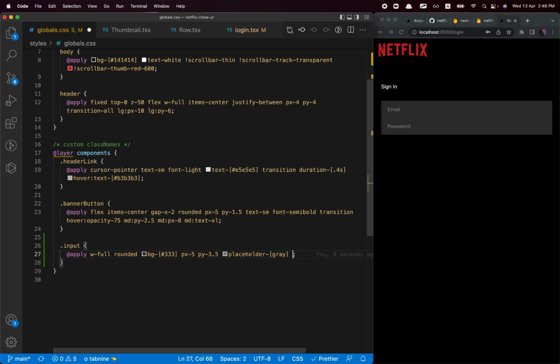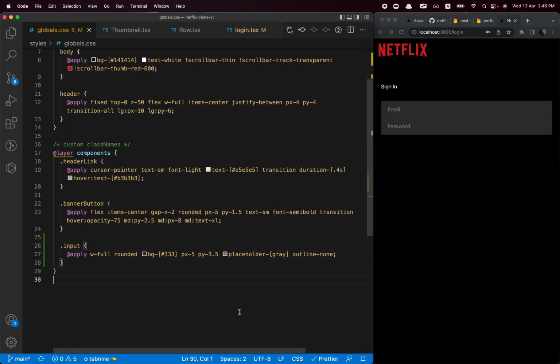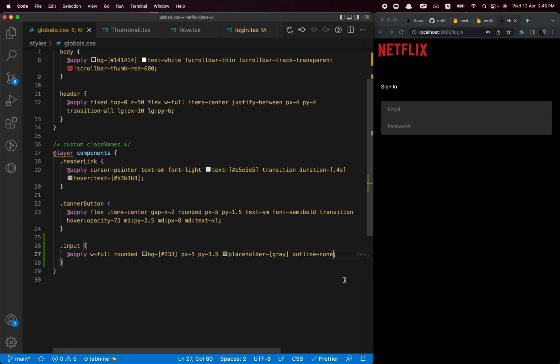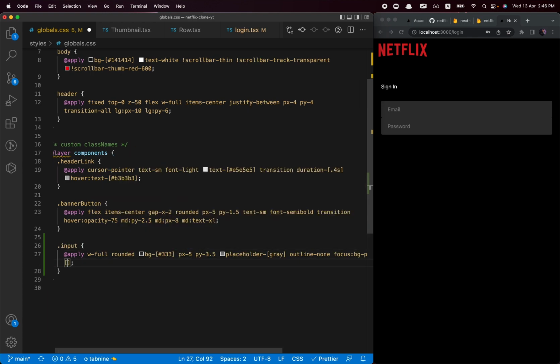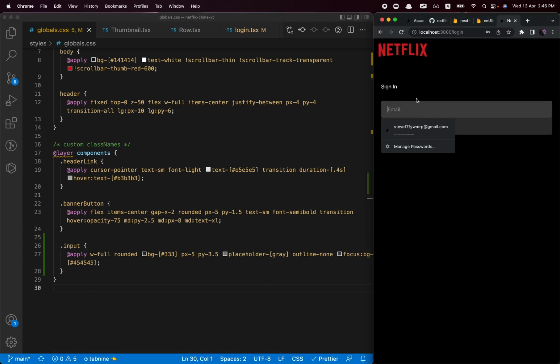So placeholder gray, and I don't want this annoying outline. So whenever I actually click any of the input, you see this blue outline, and I want to remove that. So to make sure that's gone, we just say outline none, and now you can see that annoying outline is actually gone. So outline none, and on focus, we also want to change the background to a different color value, which is 454545 actually, and you don't have a P here. And now if I actually focus on any of these input fields, you can see the background color is actually changing. So that's what we want to do,